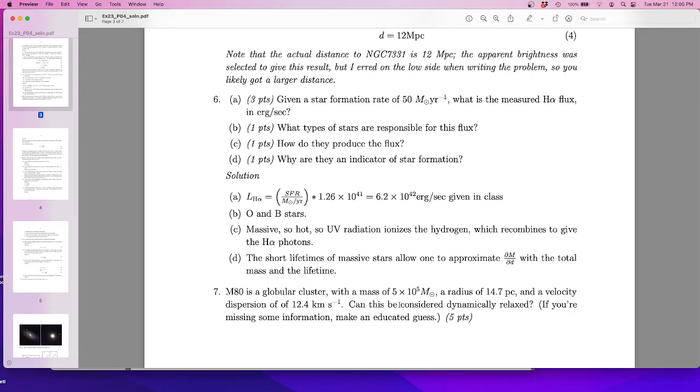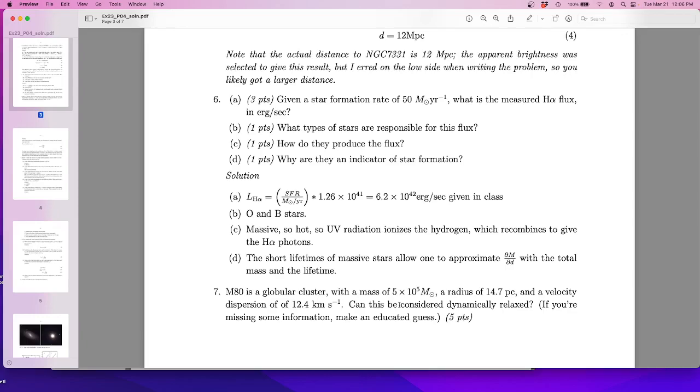A couple of you said 10 to the 12. If I divide 5 times 10 to the 5 solar masses by 10 to the 12, I get about 10 Earth masses. Far, far, far too many. An Earth mass is not a star. You can't have a globular cluster of Earths. But if you say that one is typically like 1 solar mass and you get this many stars, that's a